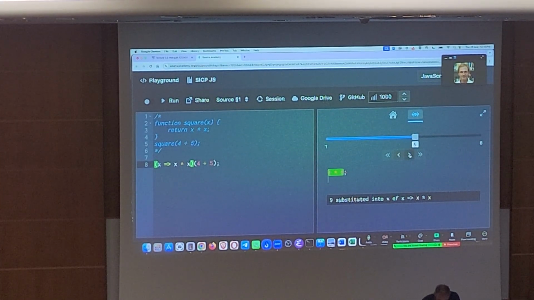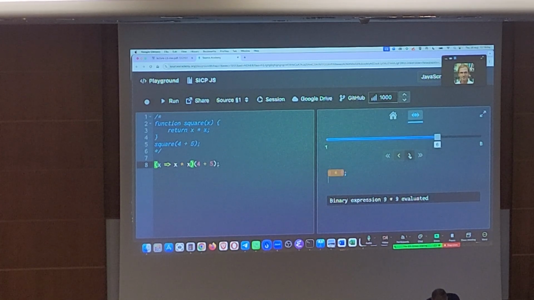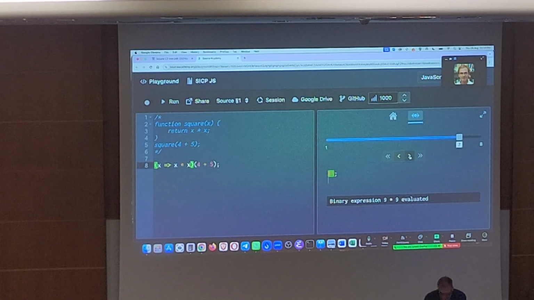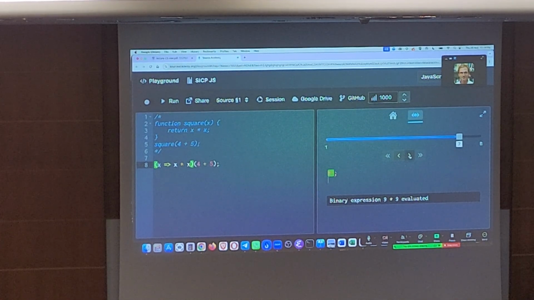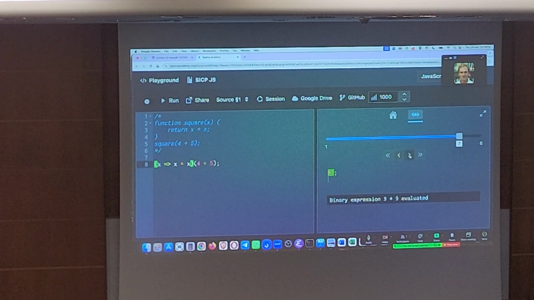We need to make progress. It's a multiplication. We need to carry out the multiplication, and we're now in a situation where we don't have any further computation to do. We are done in our program execution. So we have taken the given program and found places where we can make progress in each step, until we finally get to a